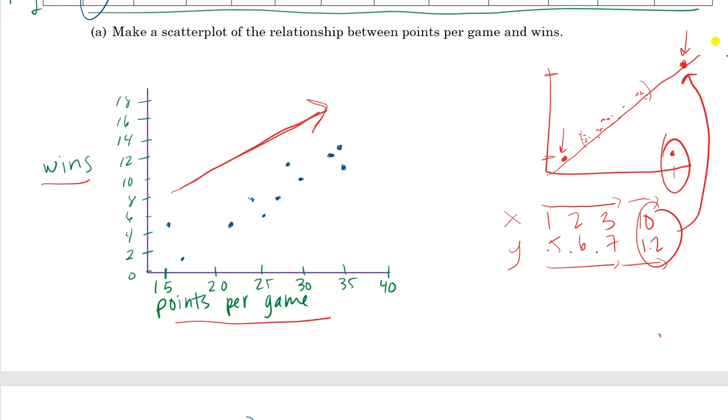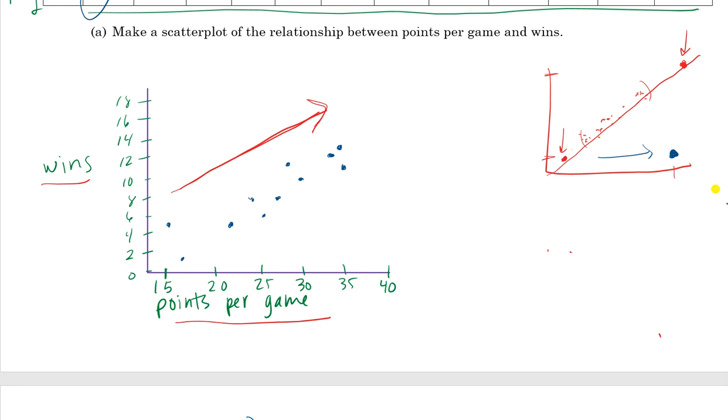Versus this outlier, I'll make him blue, would be something like 11 and 0.3. So the 11 is also pretty far out there in the X direction, but the 0.3 doesn't follow the pattern of the rest of the data. It's way too low, because as these numbers have been increasing, those numbers have been increasing. But 11 and 0.3 doesn't follow that pattern at all. So all of that to say,